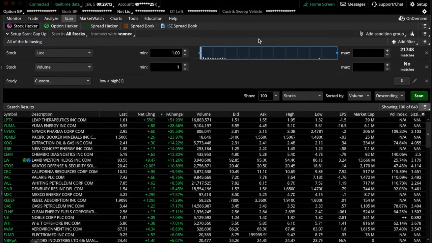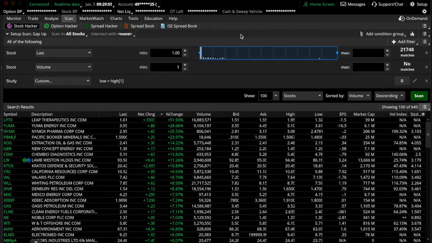I was looking at one of the groups that I belong to, and someone was asking about scanners and how to write scanners or how to do indicators and things like that. So there's a couple of sites. Scanners can be easy or they can be hard. You can set up a simple scanner, or you can use one of the preset scanners in ThinkorSwim, or you can do something super advanced where you actually write your own scanners or indicators using programming. But instead of having to do that, I'm going to show you a couple of places where you can find custom scanners and custom indicators, and then just show you how to load those instead of having to learn how to write your own